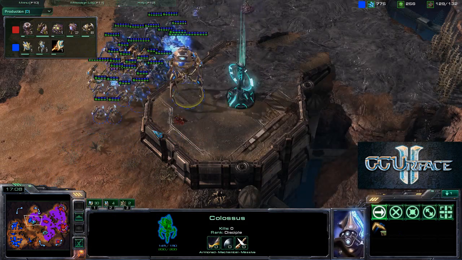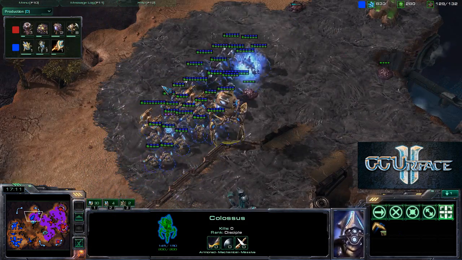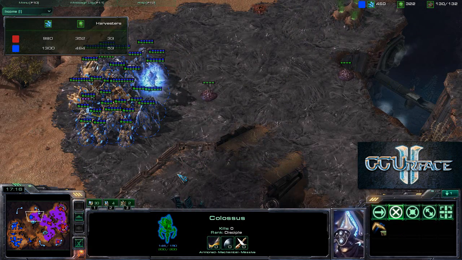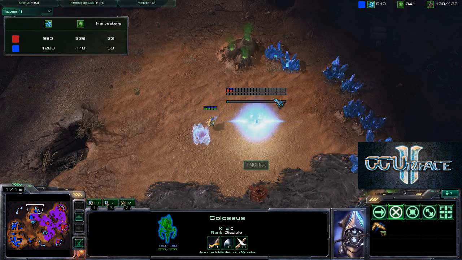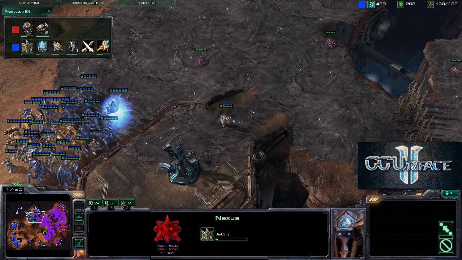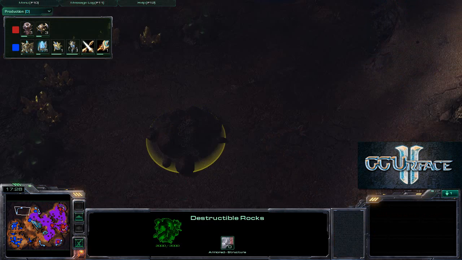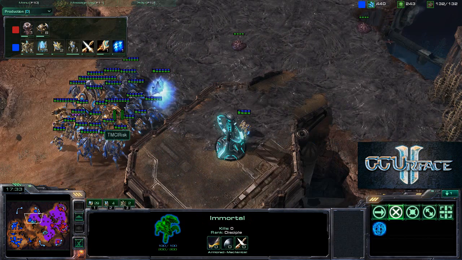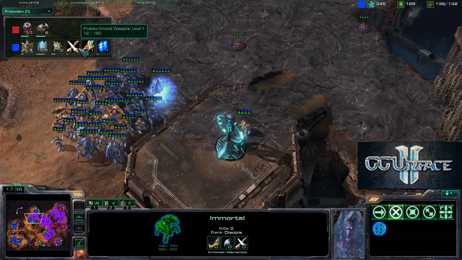He probably wants to seal the deal here and now, as he does have an income advantage as well. He has double the gas, about 300 more in terms of minerals, and he is going to expand once again. Very, very smart play there, and he might have considered getting this location, which is upper left, but he had to destroy those destructible rocks. But that should be no problem for his huge force, and the Thermal Lance is about to be complete, and